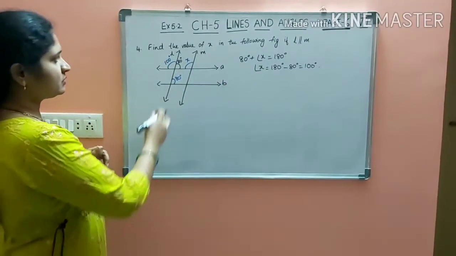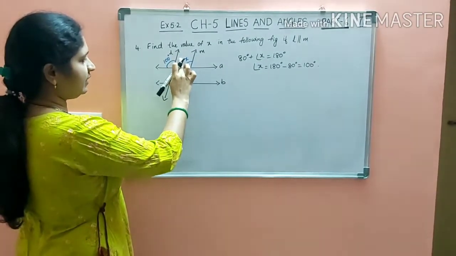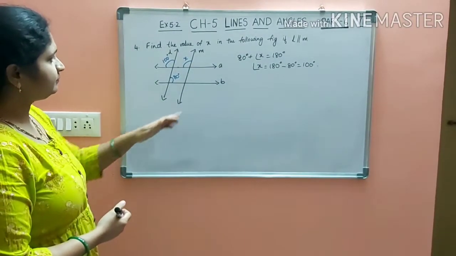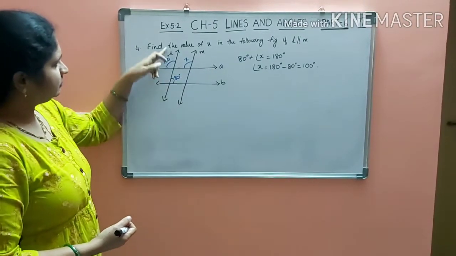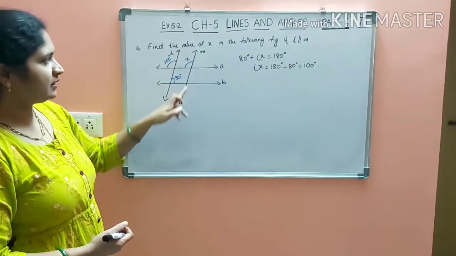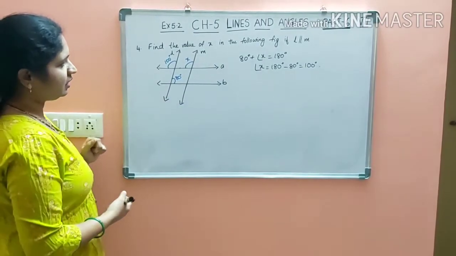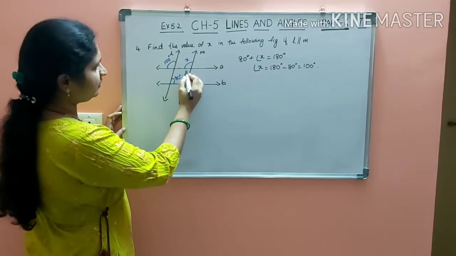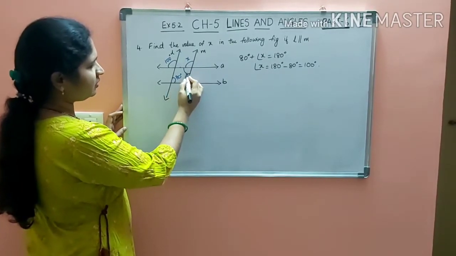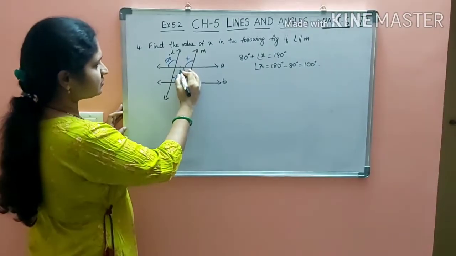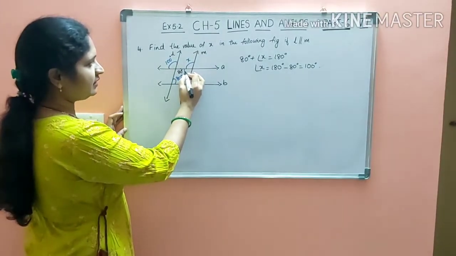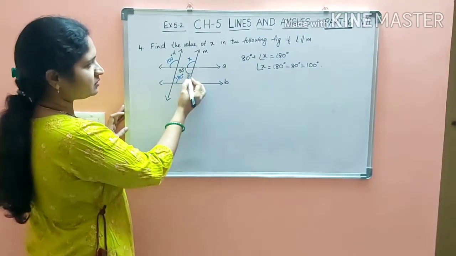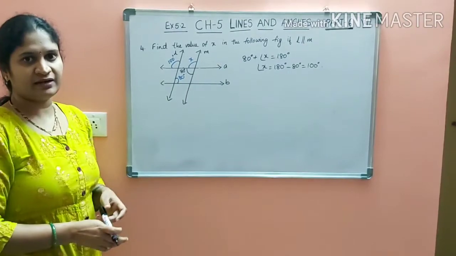Okay. Suppose you don't want to take L and M as parallel. If you observe, A and B are parallel, and you can take L as transversal or M as transversal. Then how can you take? See children, if A is parallel to B, then this one will become alternate interior angles are equal here. So this one will become 80 degrees. Again, interior angles on the same side of the transversal will become supplementary. So here also X will become 100 degrees. Clear?